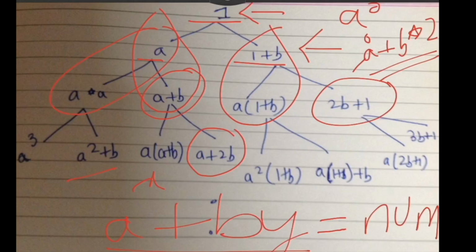Any other number you can look at, right? For example, a cube. Similarly, you can say that it is a to the power 3 plus 0 times b, which is of the form a to the power x plus by. So this is the general form that gets generated when you expand this tree. You can easily notice this formula, that every number is of the form a to the power x plus by.